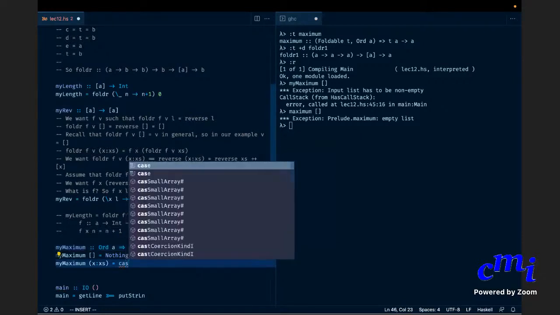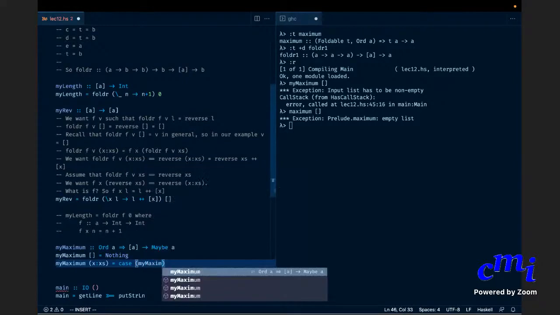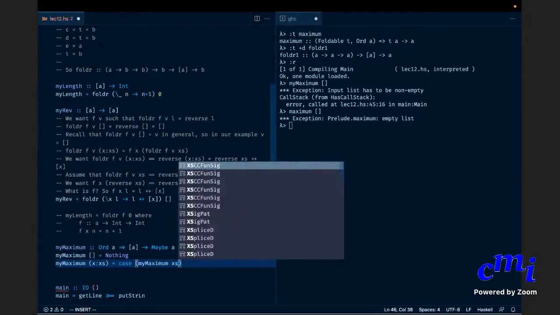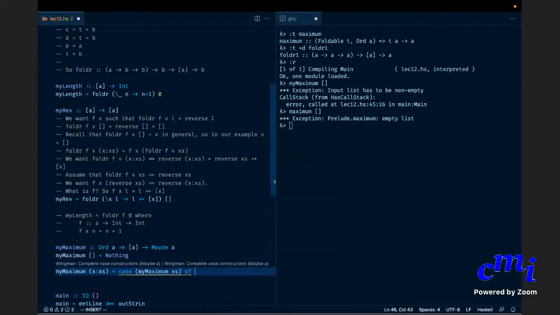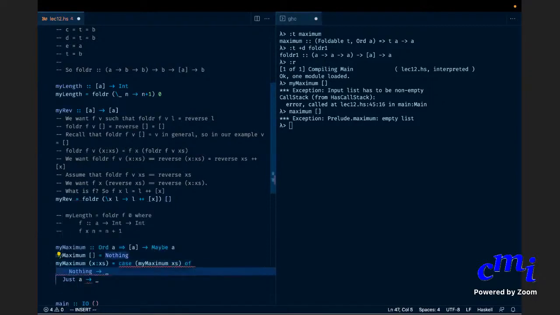Okay, case my maximum of xs of, yeah, one case is that it is nothing, another case is that it is just a. So what do I do in each of these cases?